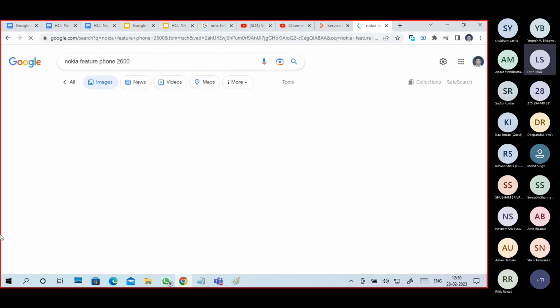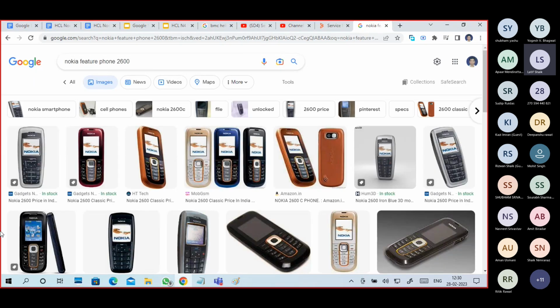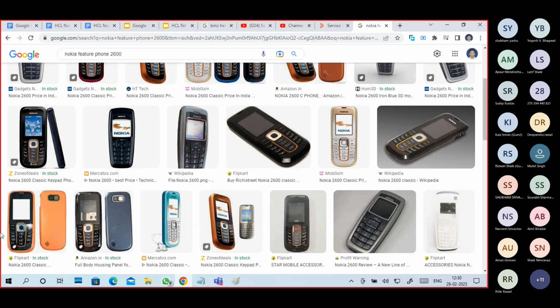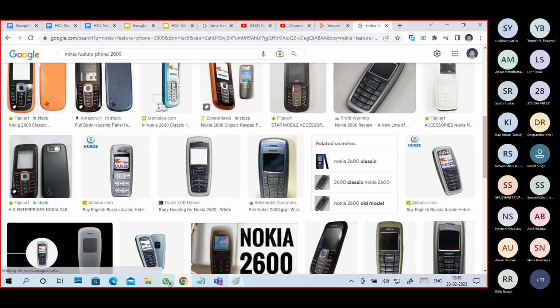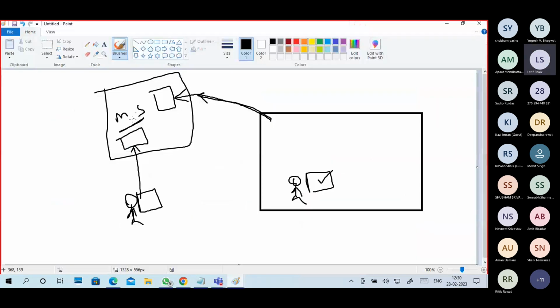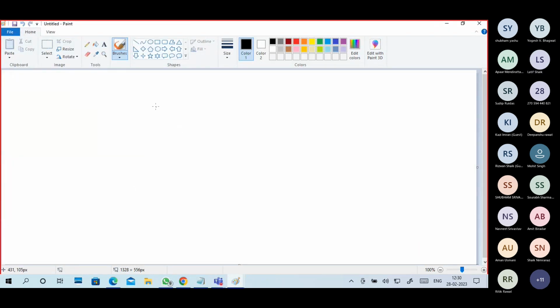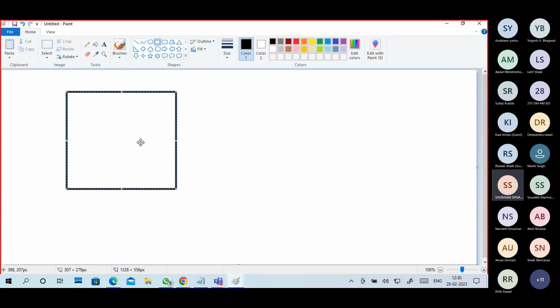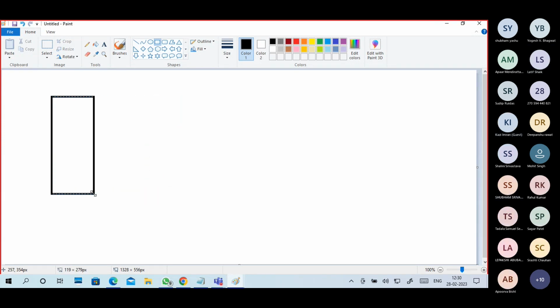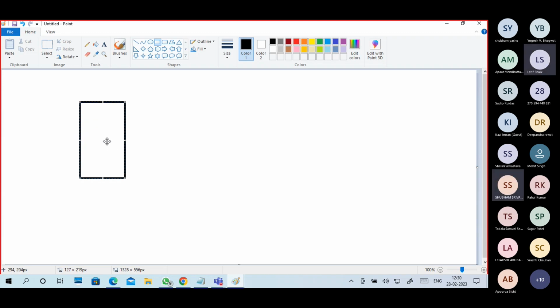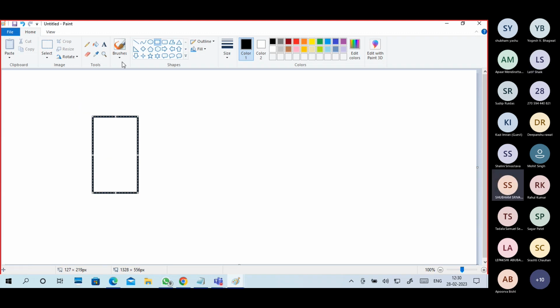You know why people were preferring Nokia mobiles? Anyone? Any idea? Durability. Because it became a brand. It is a trusted brand, sir.